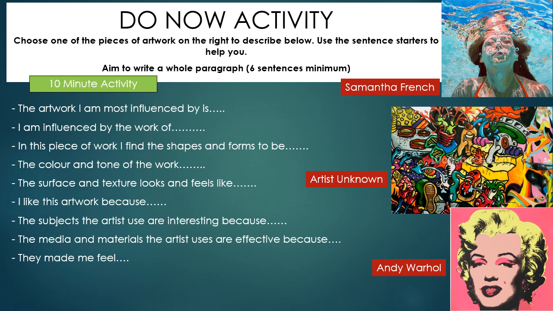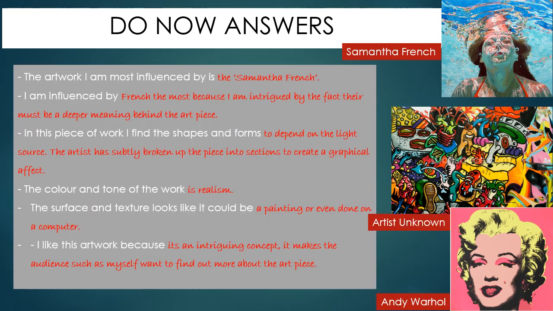So you need to choose one of these artists on the right. You've got Samantha French, artist unknown here. So this is an unknown artist, probably because they're a graffiti artist. And Andy Warhol, which is the one at the bottom. Okay, so give yourself about 5-10 minutes to answer and write a nice paragraph on one of those art pieces. So just to give you an answer, mine's a very basic answer,